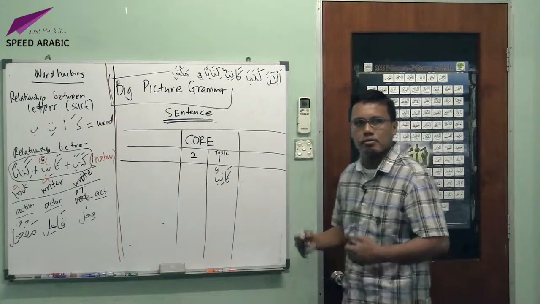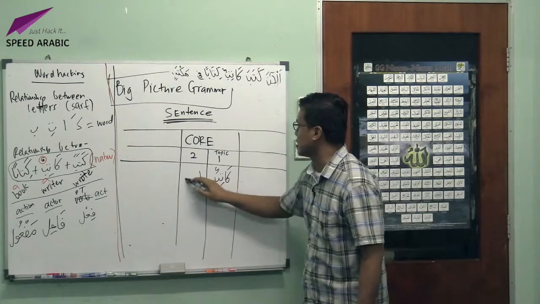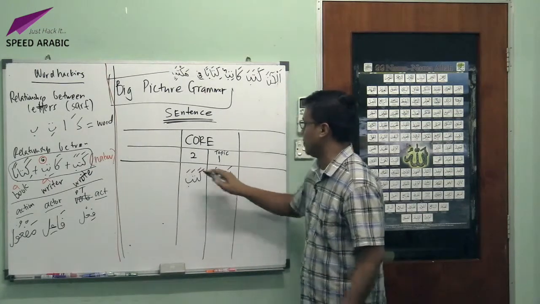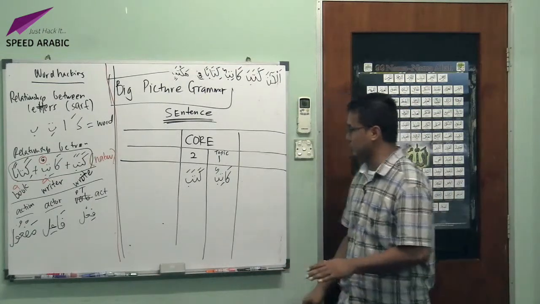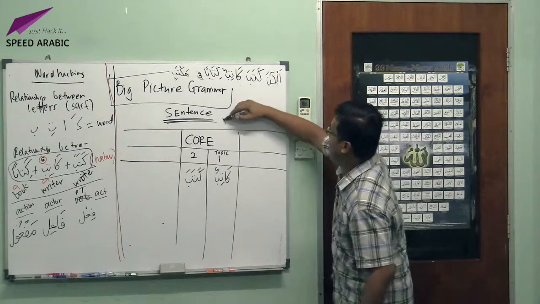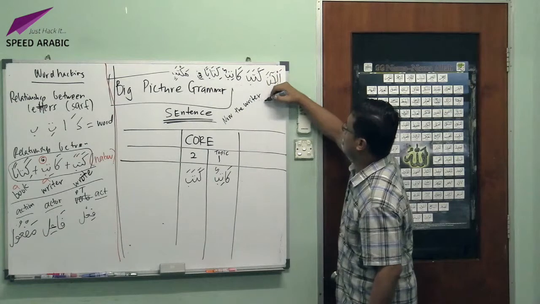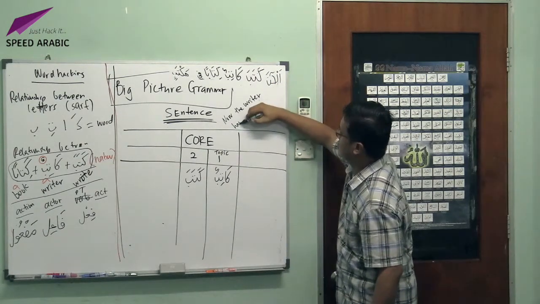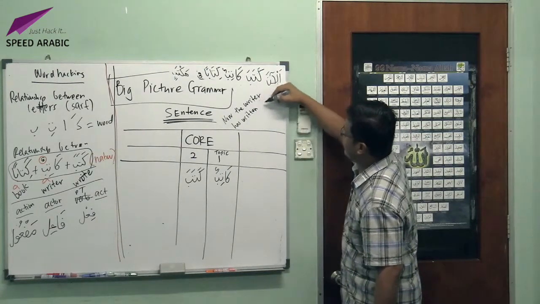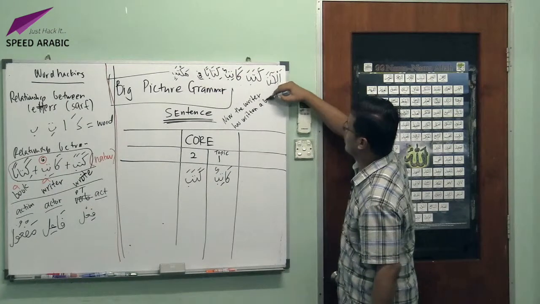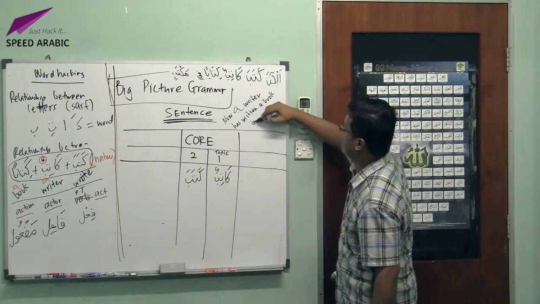Wrote, right? Wrote the book. So this is kataba. So when we say now the writer has written, past tense. Now the writer has written a book, sorry, it should be a writer has written a book in an